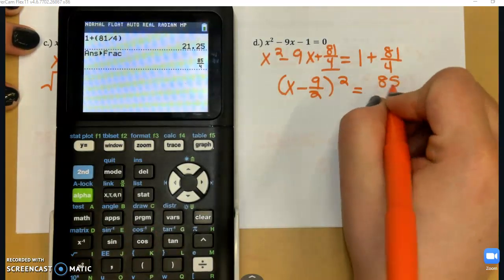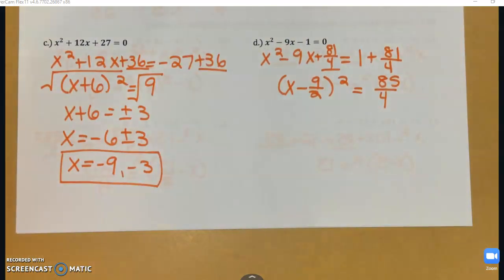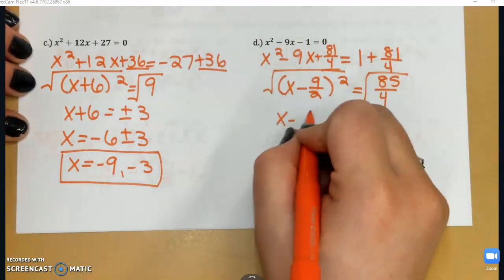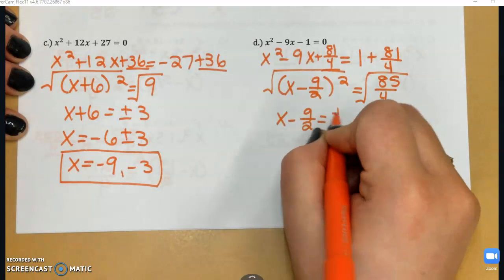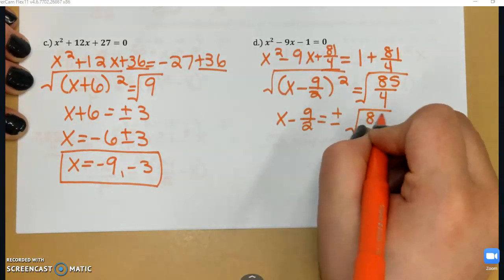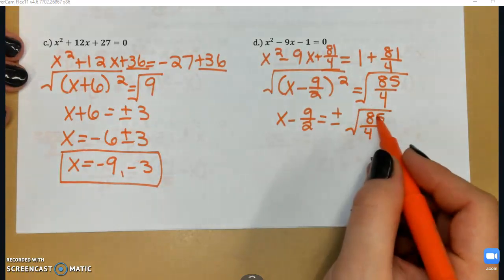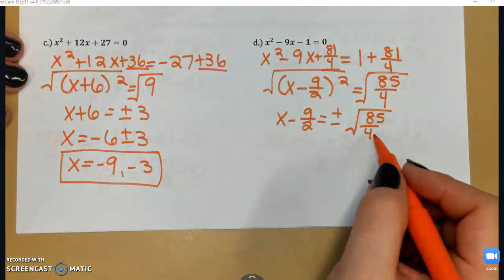And that is 85 over 4. When I go to take the square root of both sides, I'm going to have x minus 9 over 2 is equal to plus or minus the square root of 85 over 4. Now, if I want to simplify this radical, 85 is not going to simplify, but 4 on the bottom is